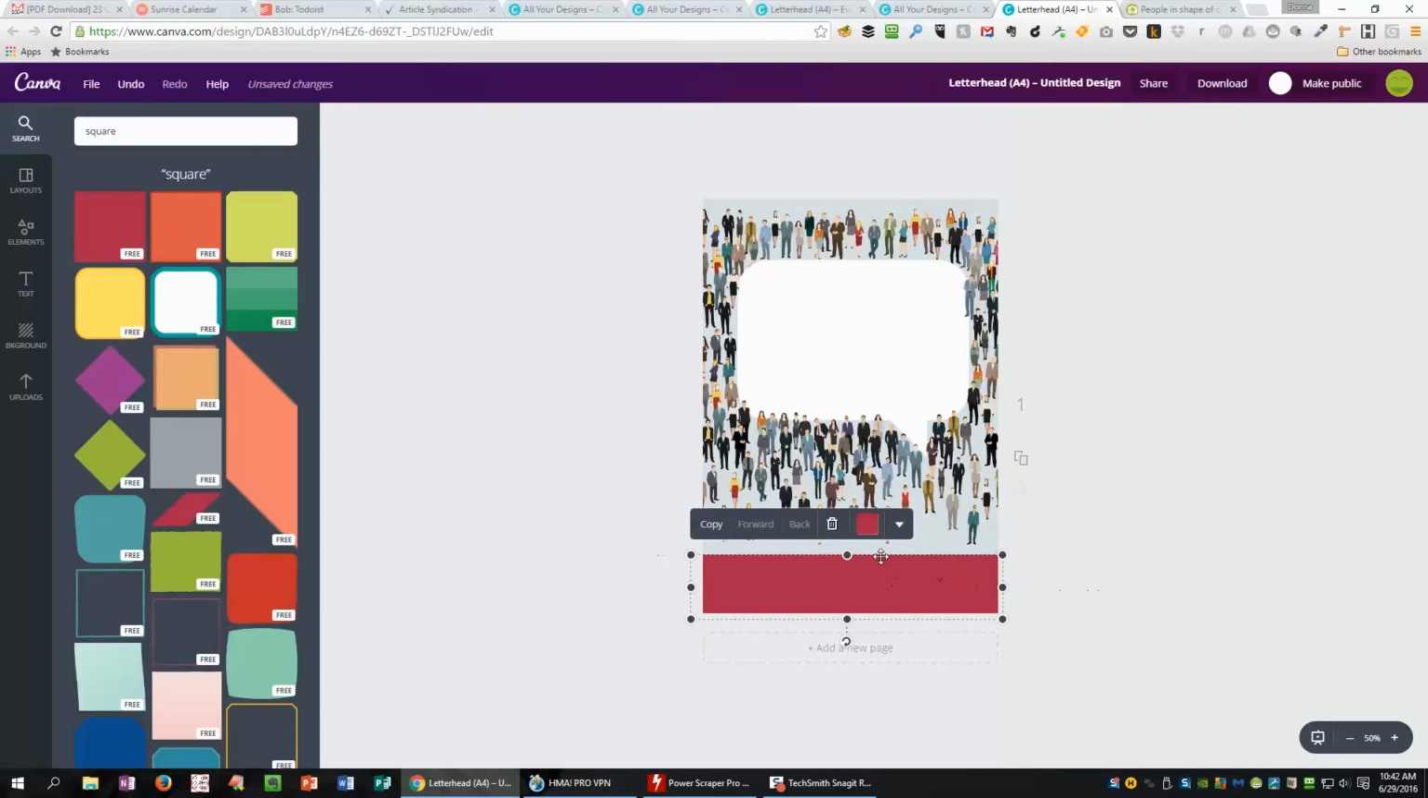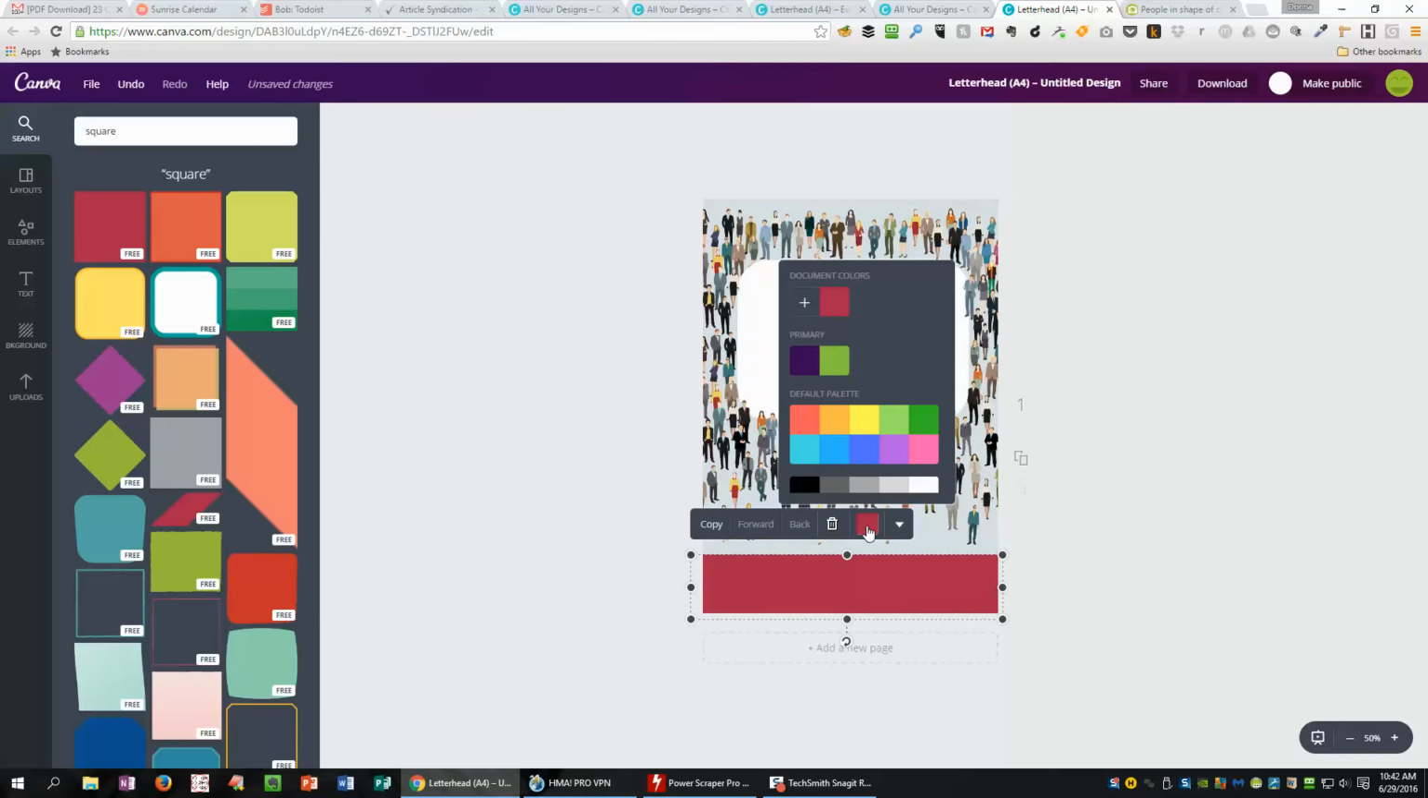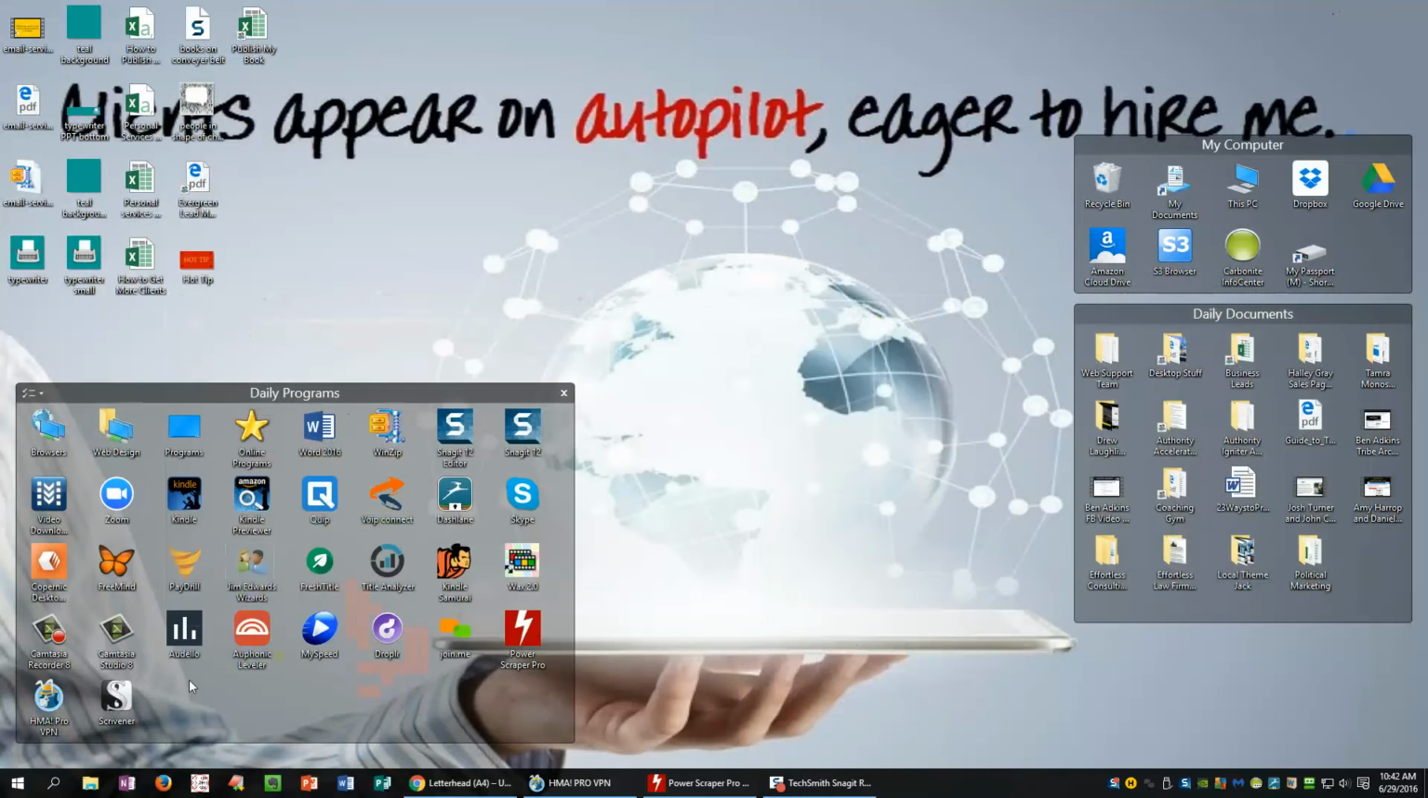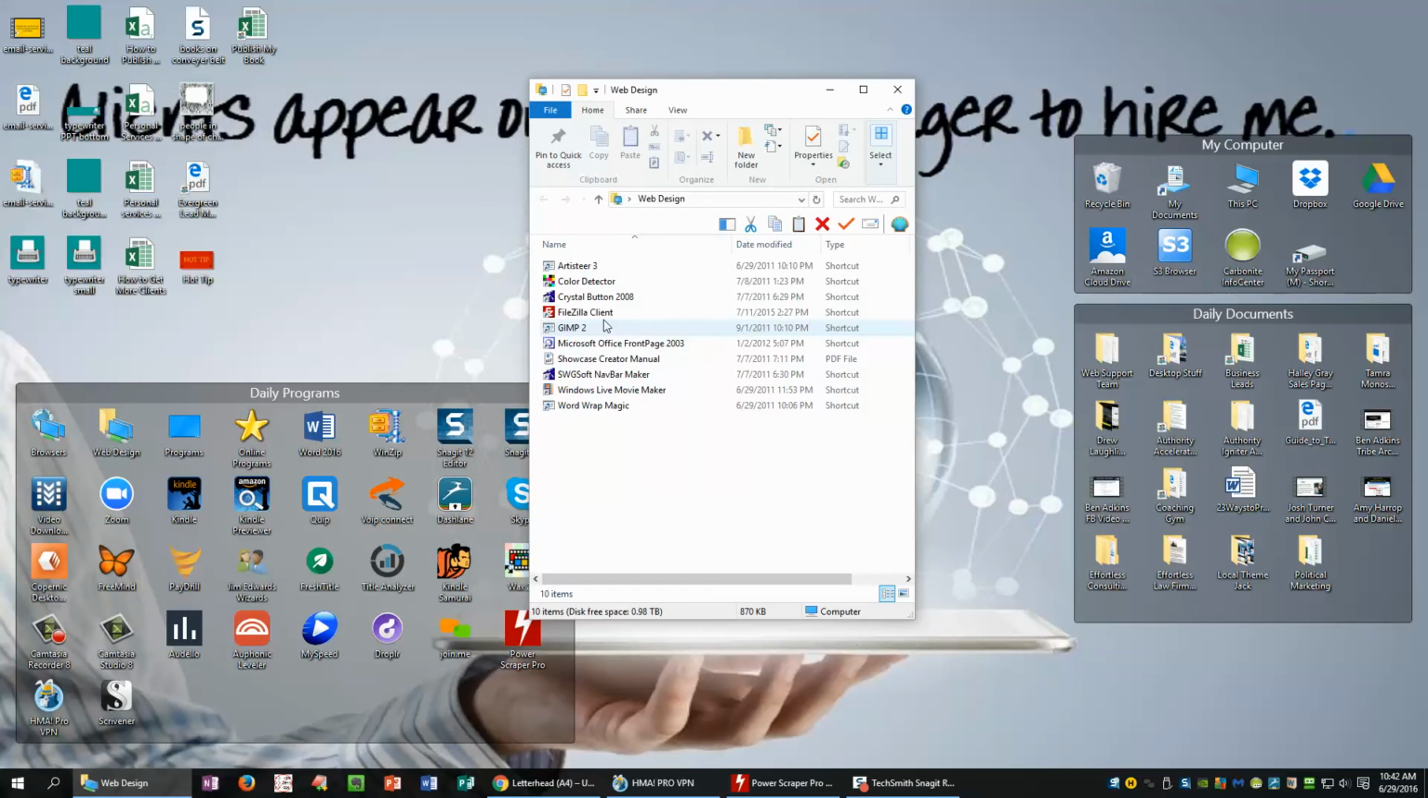And as you can see, I can pick whatever color I want for that. And there's some default colors. There's one thing about Canva that I'm not real thrilled about, and that's the fact that it doesn't have a color picker, which means that, like in Snagit, for example, which is what I'm actually using to record this video, you can use the color picker to pick out a color from the image that you're currently using, but Canva does not offer that. So I'm going to go over here and open up my color picker program called Color Detector,